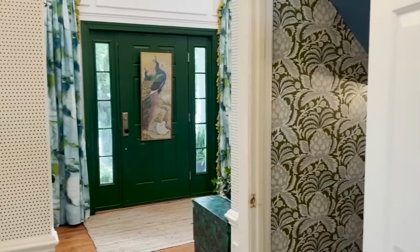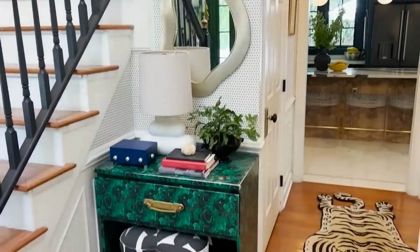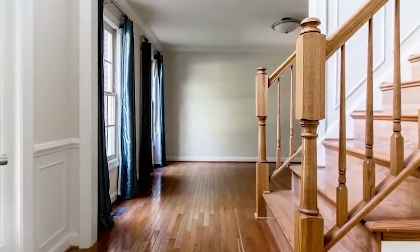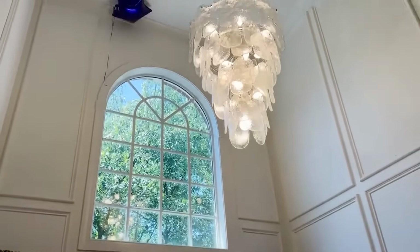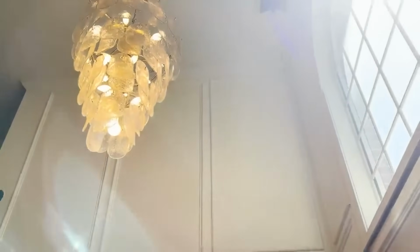So this is the foyer, and I believe that the entryway to your home should be kind of a sampling for everything else that you're about to see. So I've used the same colors, a lot of blues and greens, and an eclectic mix. This was a very boring foyer when we first moved in, but we've added the molding. It really extends the height of the ceilings and gives you something visually to really look at as you walk in. I'd like to draw your attention to the chandelier above, but also to the balloon from yesterday's birthday party,